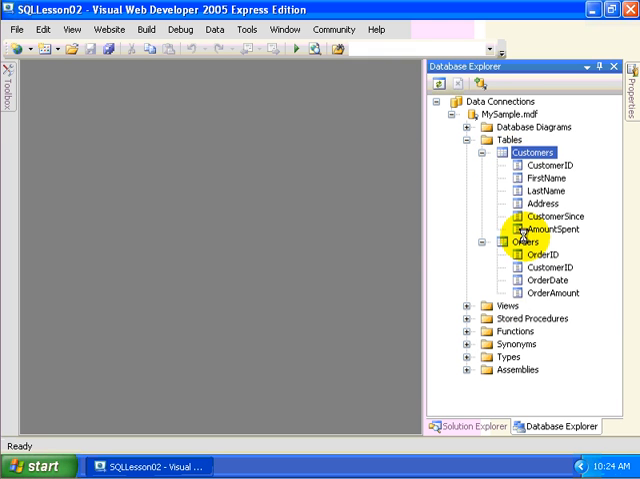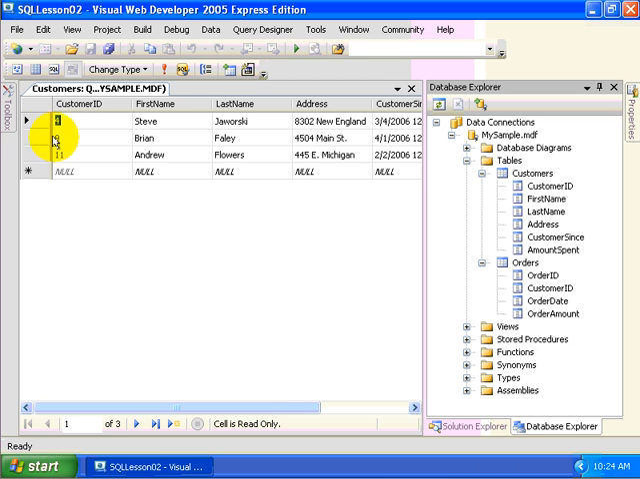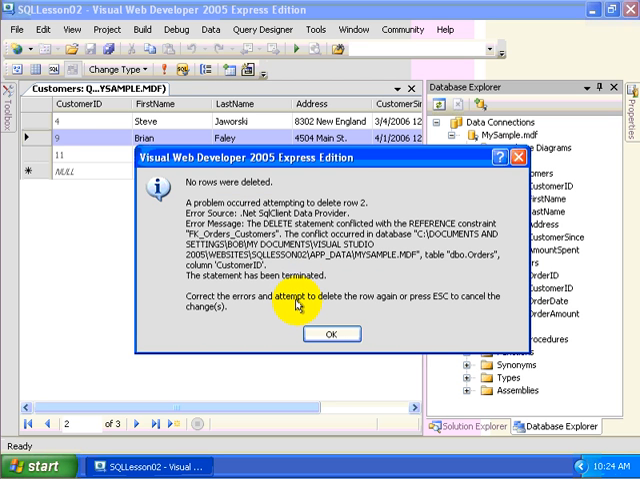Whenever we look at the table data here and we want to delete a customer from our database, we're going to select customer ID number 9, Brian Faley. Can we delete him from the database? I'm going to select the delete button on my keyboard, and it says you're about to delete one row. Yes, let's do it. You can't do it, again, because the delete statement conflicts with the reference constraint FK orders customers. So by deleting customer ID number 9, it would have left an orphaned row in our orders table,